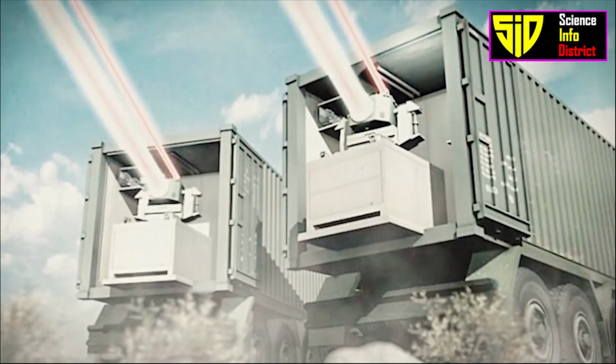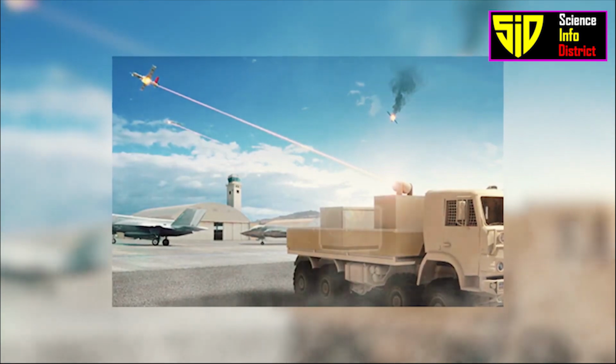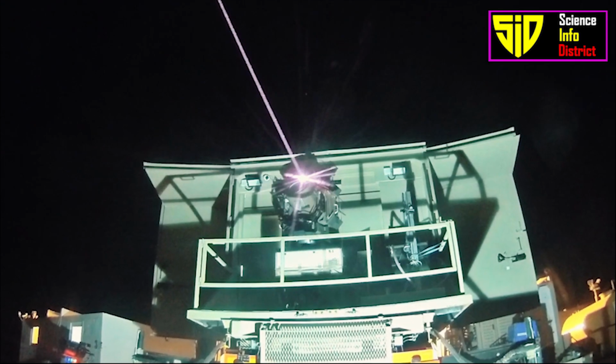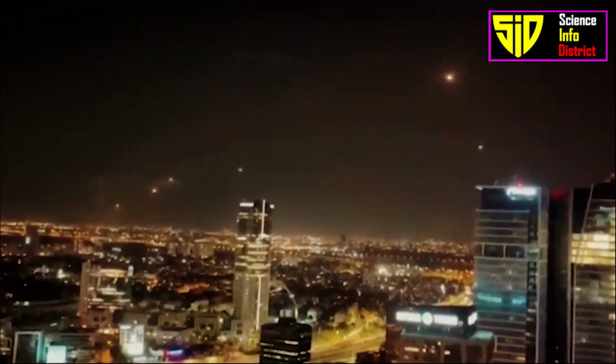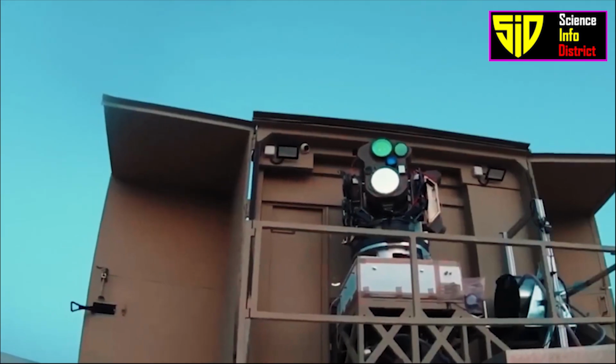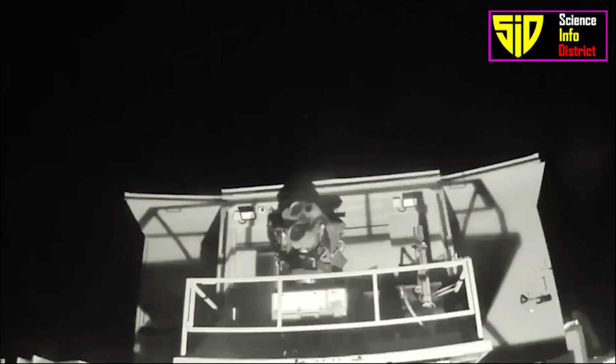Iron Beam uses a solid-state laser to track and destroy incoming targets in flight. In addition, the system could also intercept unmanned aerial vehicles, UAVs. Iron Beam uses a fiber laser to destroy an airborne target within 4 to 5 seconds of firing at a